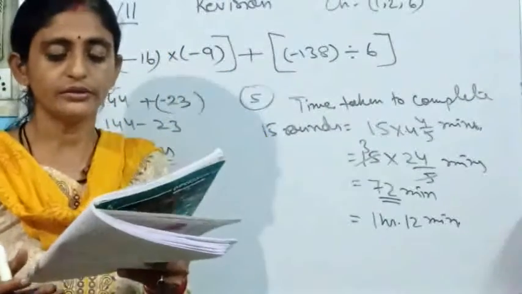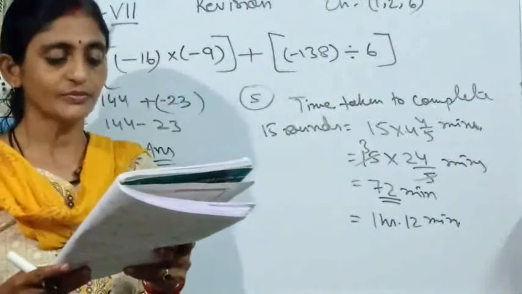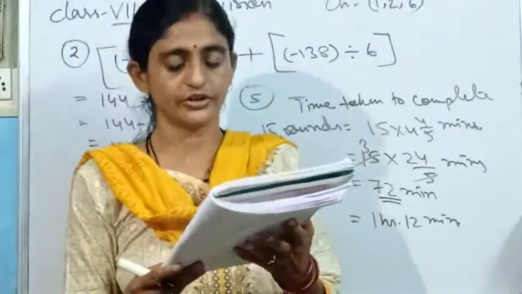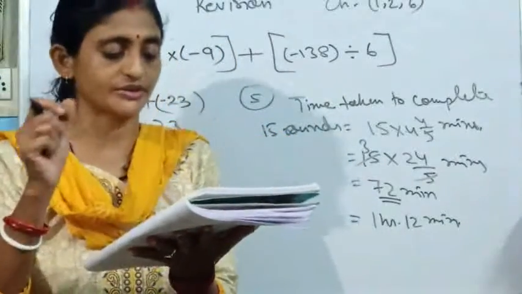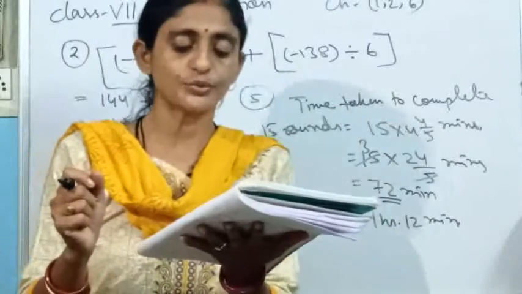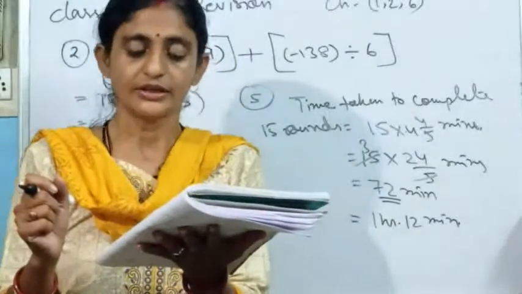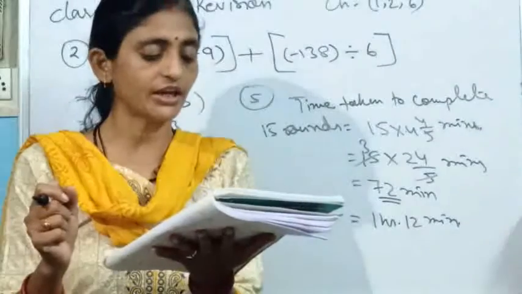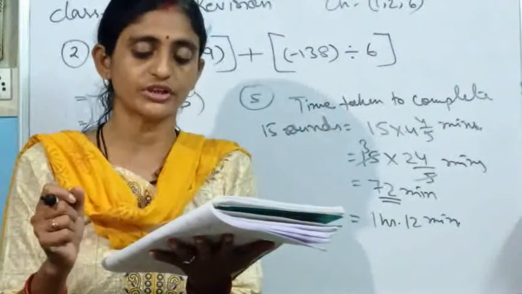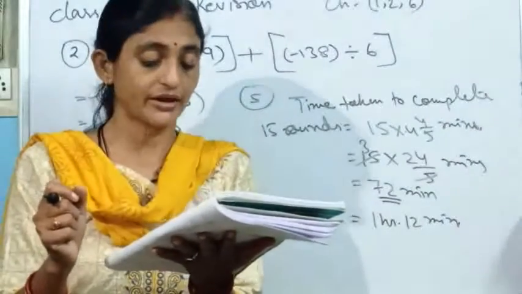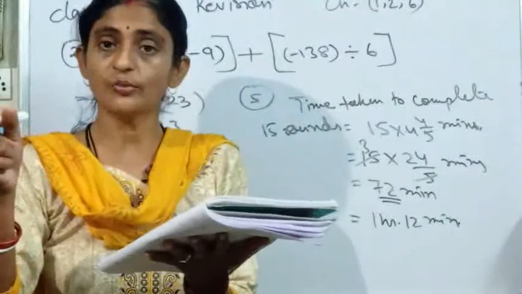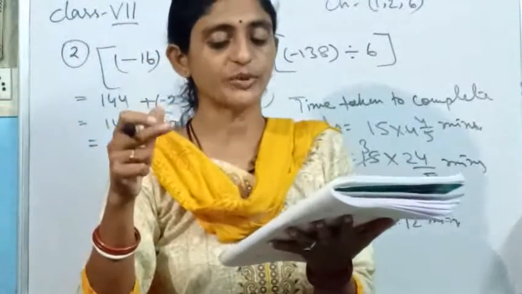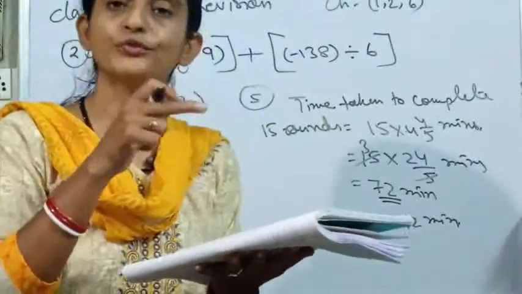Come to the next one. Yes, it will be a little bit different level of question. Come to this one, number 6. Sibu earns rupees 12,000 per month. Yes, then he spent 7 by 8 of his income and deposit the rest in a bank. Okay, so he is spending how much? The amount of money he spent is equal to 7 by 8 of 12,000.